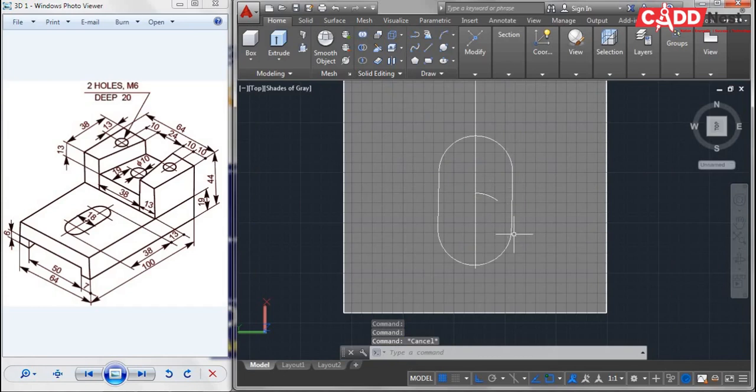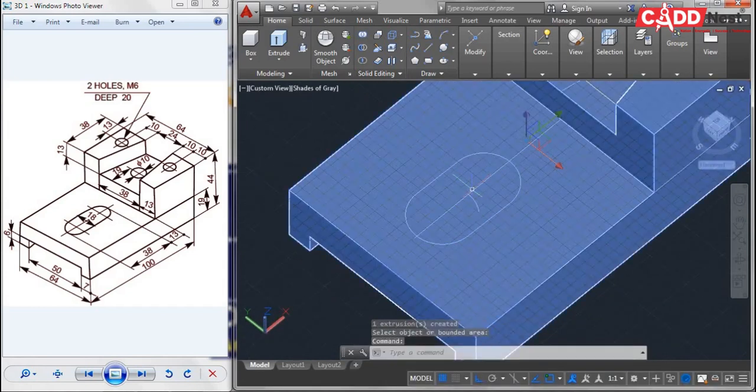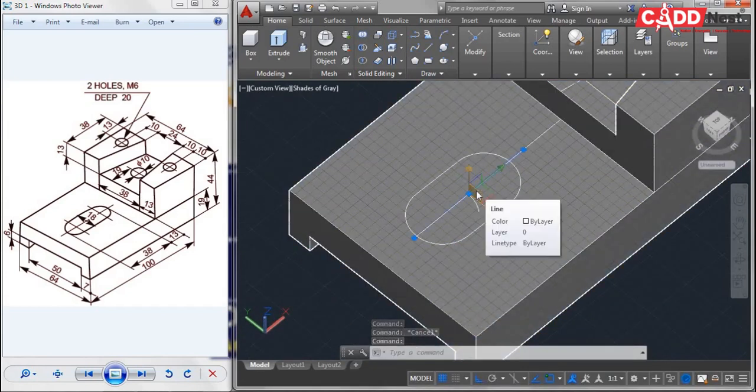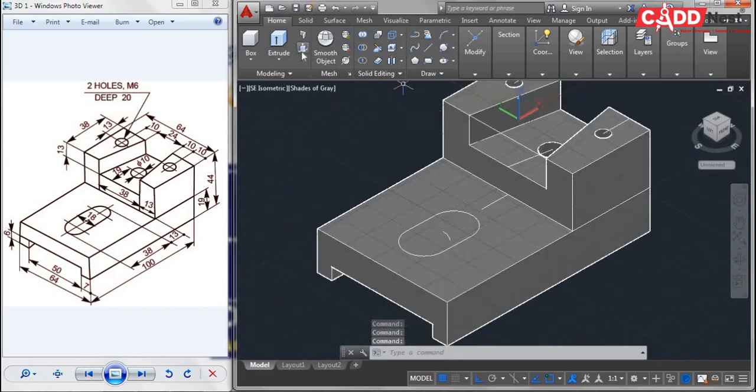Like this my outer boundary should look. So I will be deleting this line also. Now go for press pull, select the bounded area and remove the material.